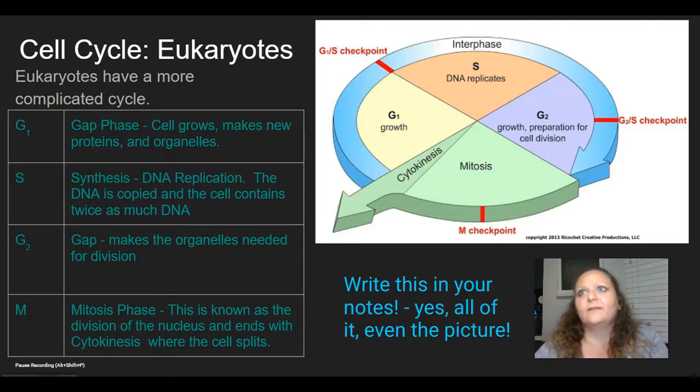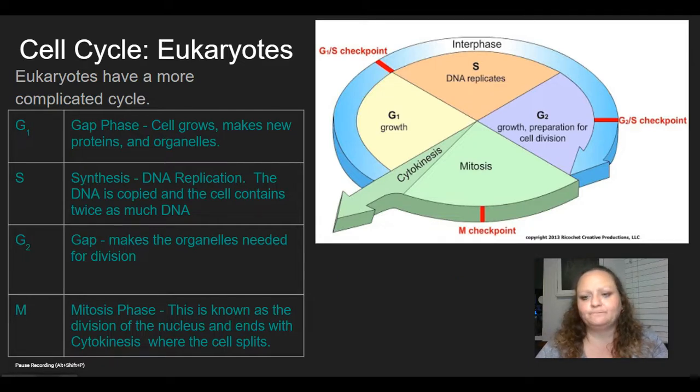Interphase is what the cell does most of its time. If we were talking about a 24-hour period of time, 23 hours would be spent in interphase, and only the last hour would be spent in mitosis. Cells just do interphase most of the time. That's cells just living their best cell life. So keep in mind that mitosis is not something that happens constantly as far as the cell's life goes. It's really going to be a case of interphase most of the time.